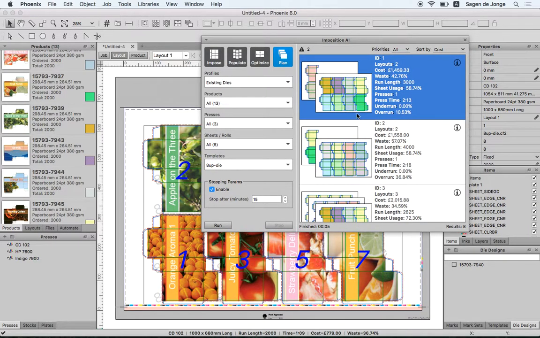And so this is doing it with the plan tool in Phoenix, but if we have an automated workflow, say through hot folders or something like in Focus Switch, we can do the exact same thing. And so we can just be sending in artwork files. It'll go and find the right die in the library, and we'll get output automatically that's going to match our